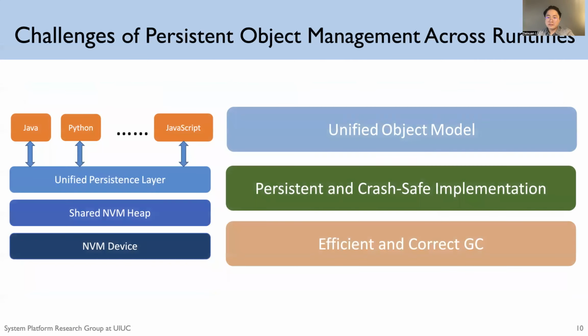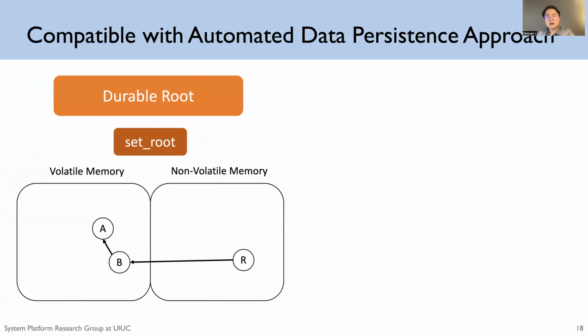As we have finished the unified object model, now let's look at how we ensure the persistence and crash safety implementation in UniHeap. We first show how object persistency is enabled in UniHeap. To be compatible with the automatic data persistence approaches in existing non-volatile memory frameworks, UniHeap gives two easy-to-use APIs. With the first API, we can set durable roots and atomically persist all the reachable objects. In this figure, when R is set as a durable root, A and B, which are reachable, will be put into